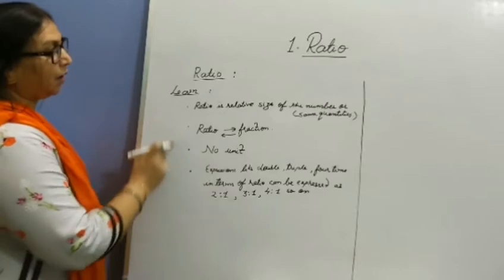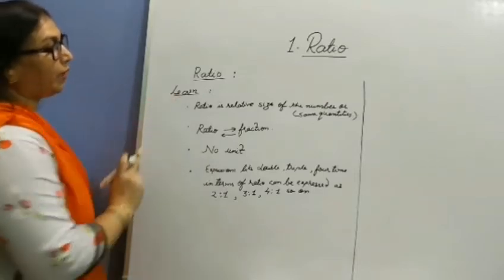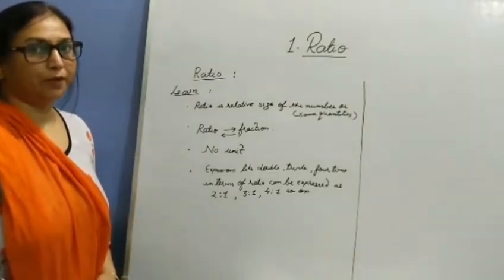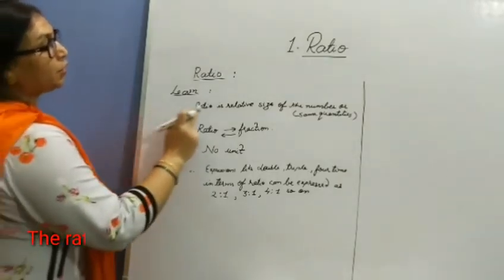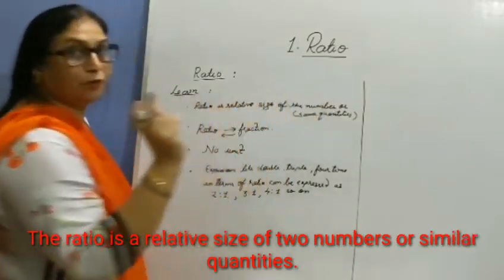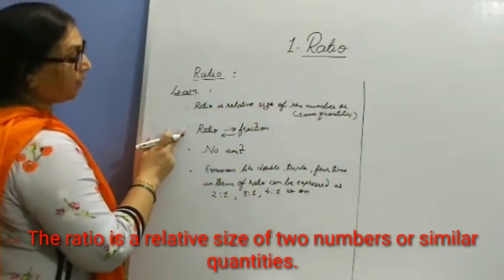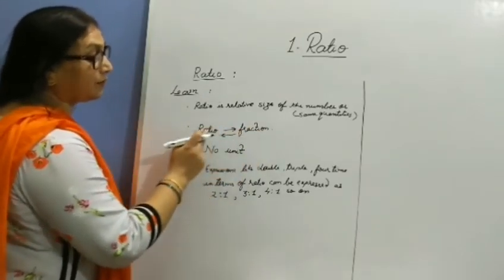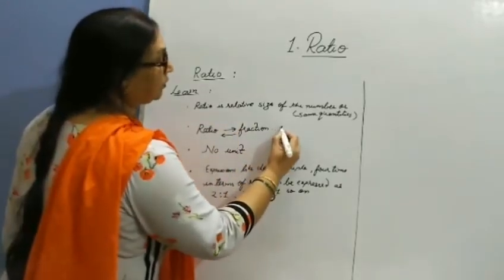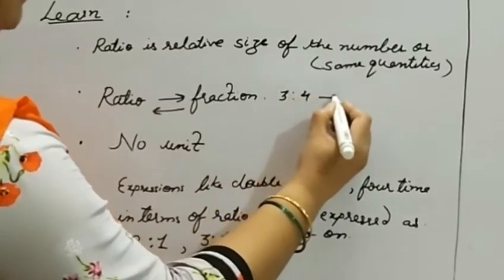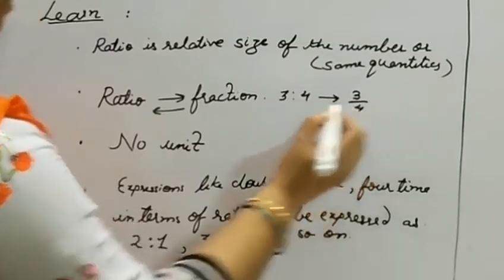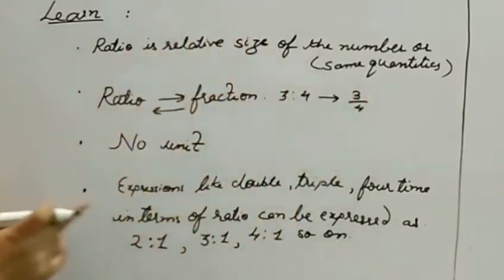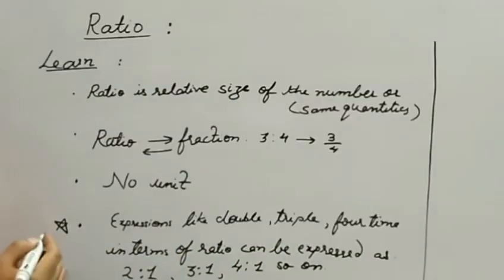Students, as I always tell you, whatever points are given to learn or memorize should be noted in your classwork copy. Here the points to remember are: first point, what is ratio? Ratio can be calculated by comparing two same quantities in the same units. So we reach a conclusion, ratio is the relative size of the numbers or the two similar quantities given. Second point, a ratio can be converted to a fraction and its inverse is also possible. For example, if I give a ratio 3:4, it can be written in fraction form as 3 by 4. Next point, a ratio has no unit. Already you have been explained it. Very important to note this, children.